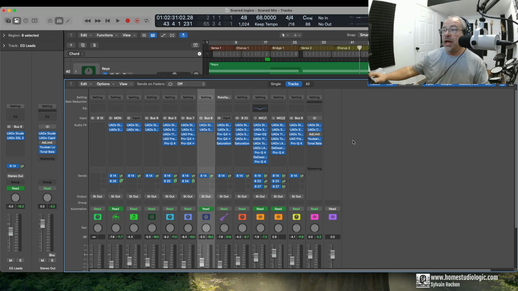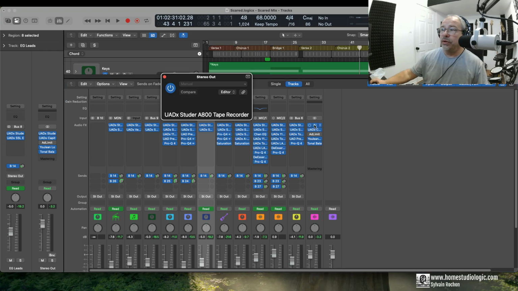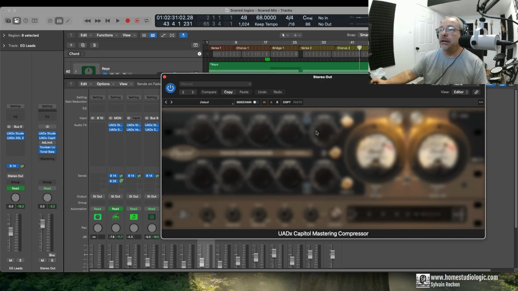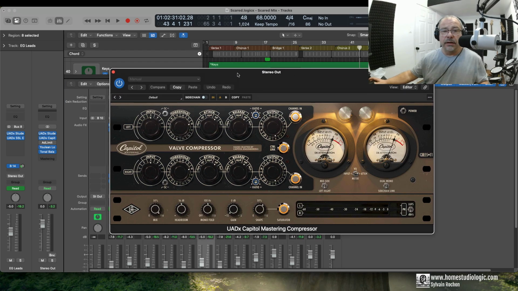It sounds wonderful. The only thing that I do have is tape saturation. I always start my master bus with tape saturation. I'm using the one from UAD, but you can use whatever one you want. Maybe you have your preference. I prefer this one. And then I do use a compressor, not because it compresses a lot, because it doesn't, but it gives a bit of compression. If we press play,